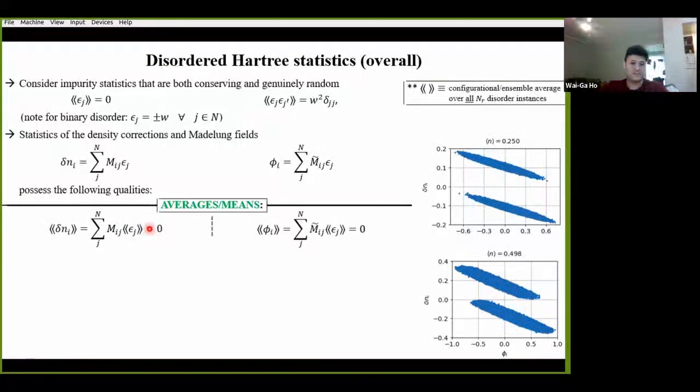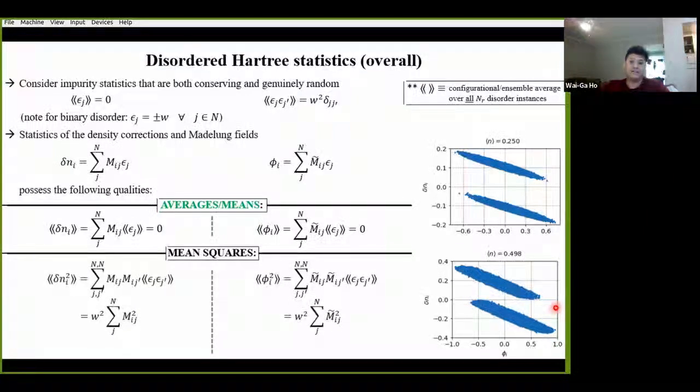So that just leaves us with these averages over epsilon J, which our first condition can kill off the result for. All right. I can compute the mean squares next in a similar manner, where this time our second condition is going to apply to the intersite correlators nested inside the double sums. And well, because the averages for either quantity were 0, this means that the mean square is also equal to the variance by the usual definition, because the second terms are just 0, right?